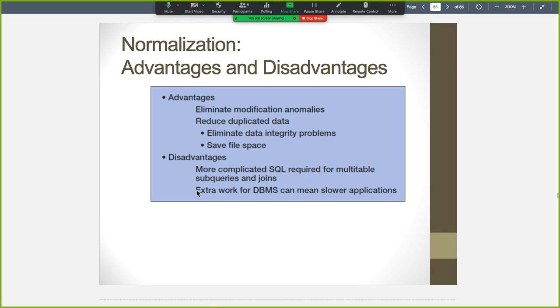Normalization theory usually generates, and the purpose of normalization theory, to refresh your memory from previous lectures, there are two main purposes. One is to make sure of data integrity. The other one is to try to make sure there is no waste of space, more efficient, no duplication, right? No duplication,